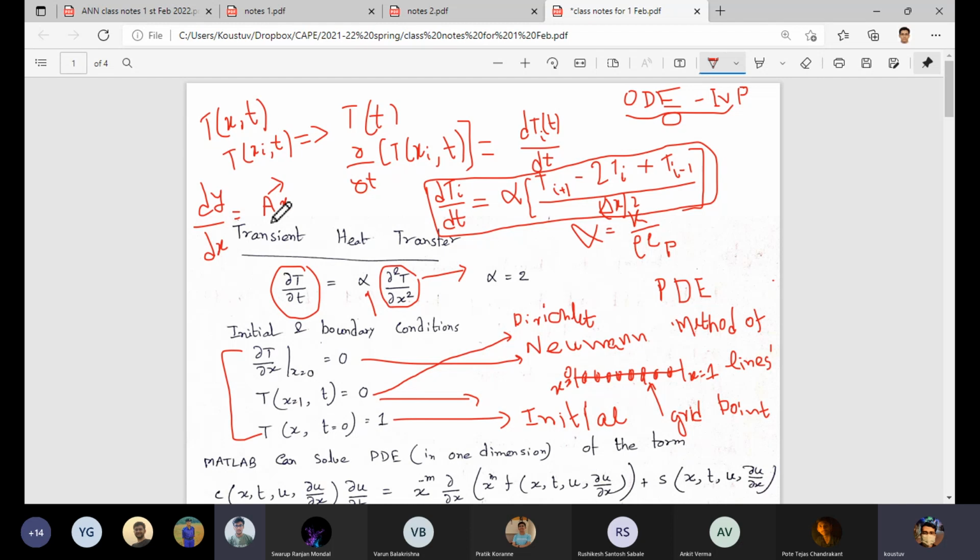So converting from PDE to ODE is definitely an advantage, but at the same time we have to be careful about what method we are choosing for solving and what delta x we use, because we have to take delta x smaller; we cannot take it larger just to avoid the stiffness or make the problem non-stiff. We should take delta x smaller so that the accuracy of the solution improves, and even if it becomes a stiff problem, we have the routines, subroutines, so we can tackle the problem accordingly.